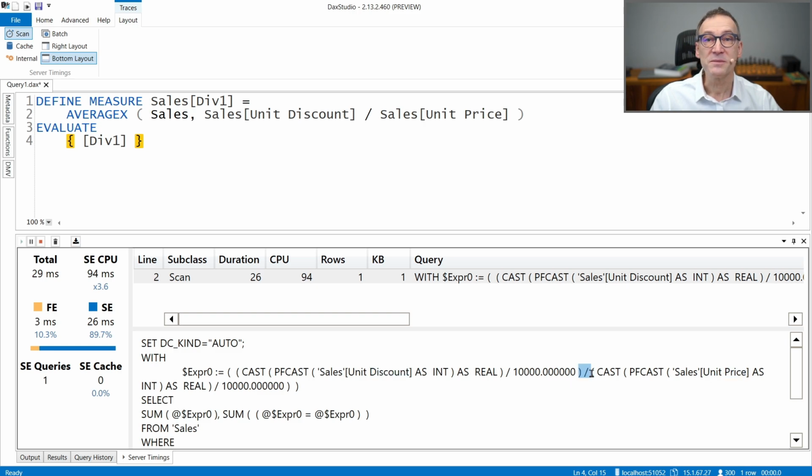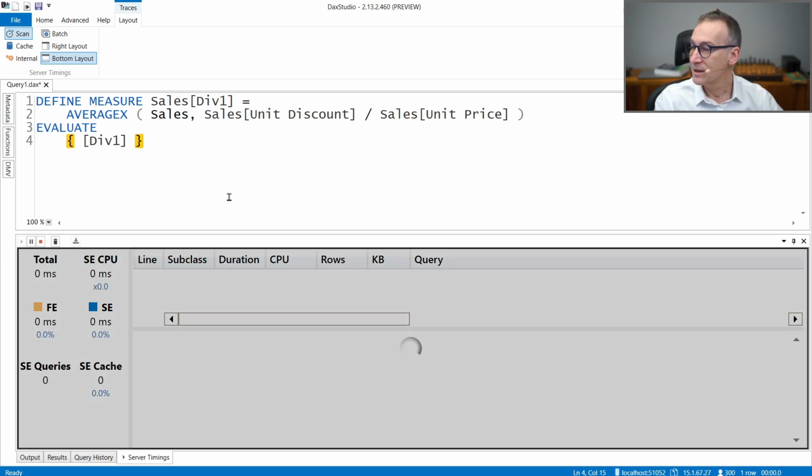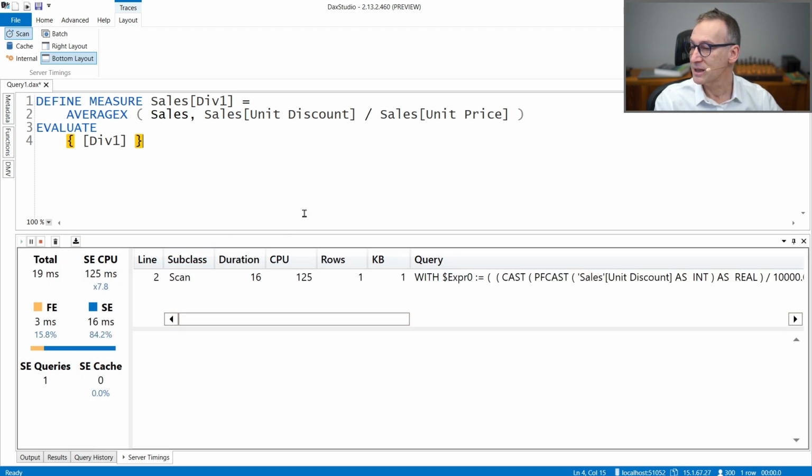So the division has been executed by storage engine and it took 29 milliseconds. Let's run it a couple of times just to have an average: 29, 19, 22, 21. Let's take this value. So if we just carry on a regular division, we take 21 milliseconds of total execution time and, most important, 94 milliseconds of storage engine CPU.